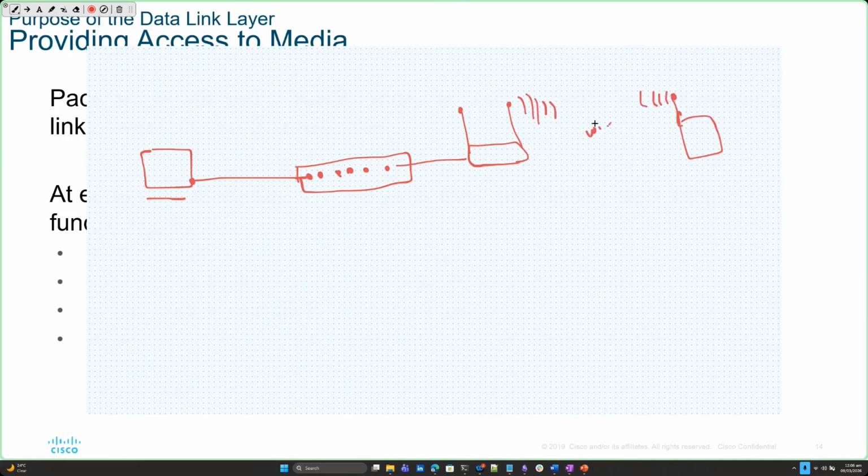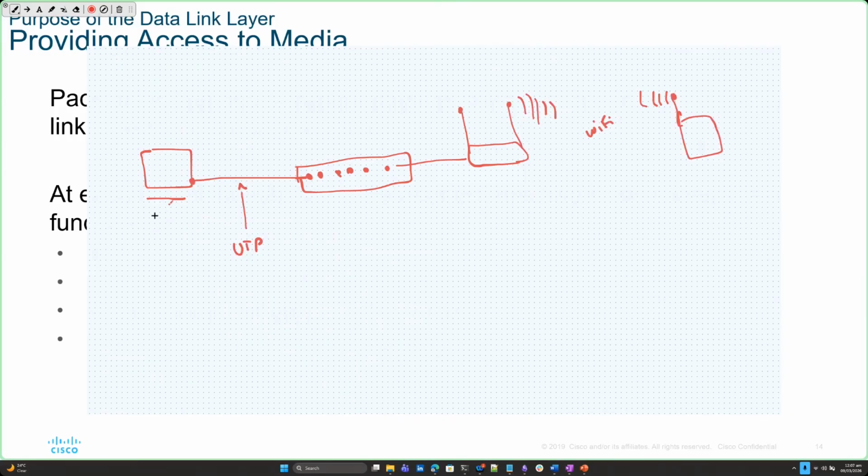So you have Wi-Fi connectivity here, but this is a UTP cable, unshielded twisted pair. So your computer is connected with a cable, but your mobile phone is connected with Wi-Fi,